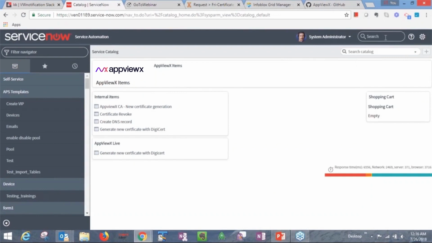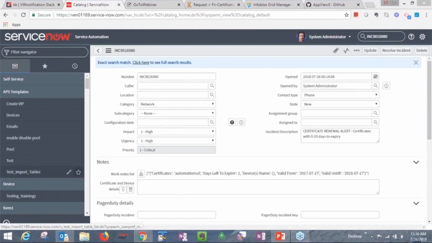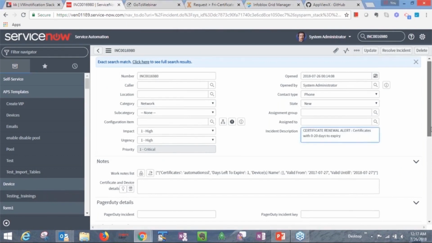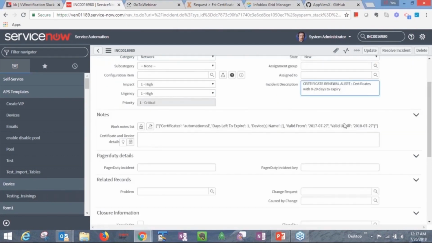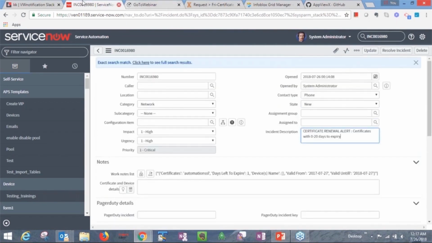So this is ServiceNow. Copy the incident ticket here. As you see, the workflow is automatically created a high incident, high impact ticket, and it's passed a few details automatically along with the list of certificates that are about to expire. The whole process is actually automated, right?